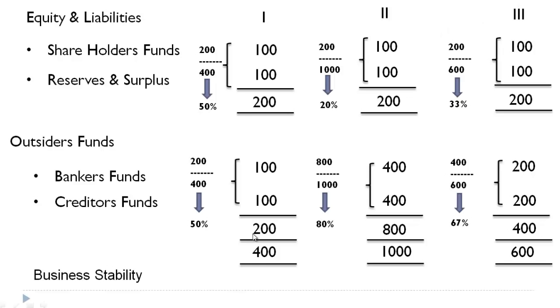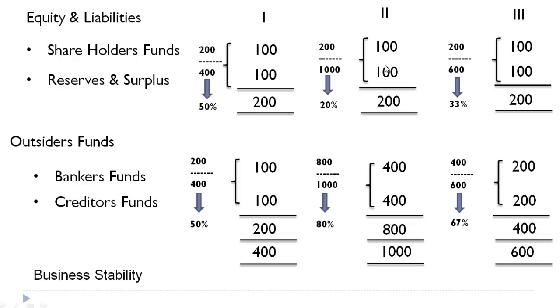It cannot be in scenario 1 because the contribution by the owner is 50% and contribution by outsiders is 50%. So even if outsiders withdraw their support, this business could continue because owners have a sizable stake. They'll be able to manage the show for quite some time. And here it is not as good as in scenario 1. In scenario 3, the owner's contribution is 33%, whereas outsiders is 67%. If they start withdrawing the support or if they start asking for the payment, they'll find a little bit of difficulty,